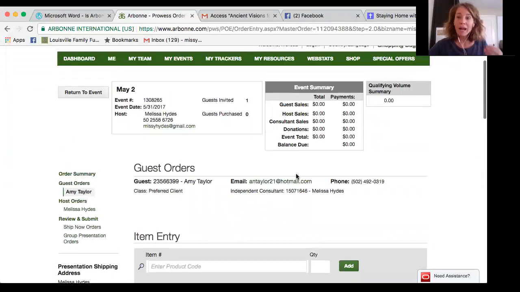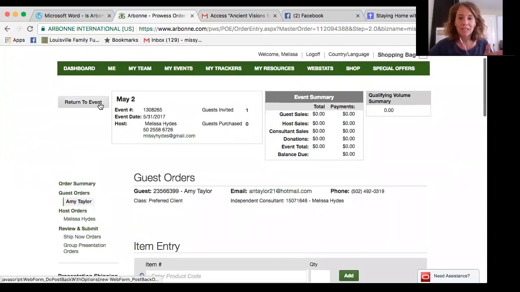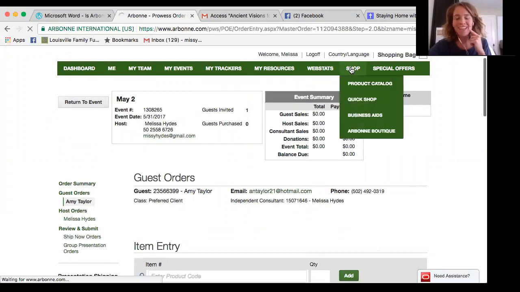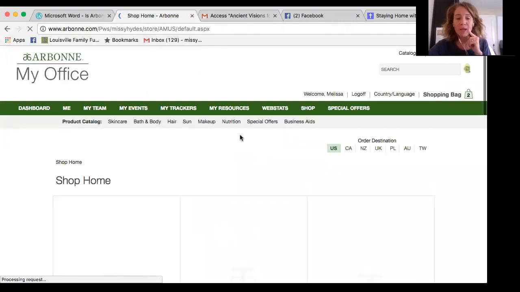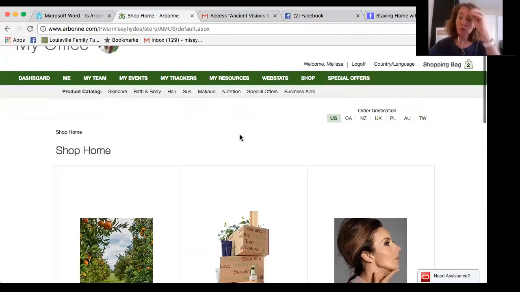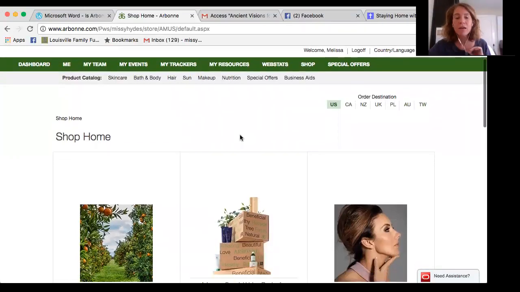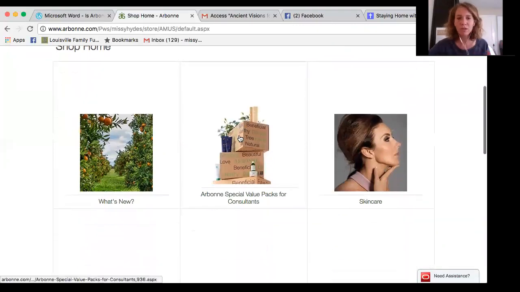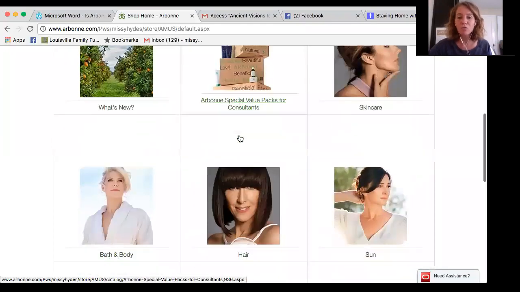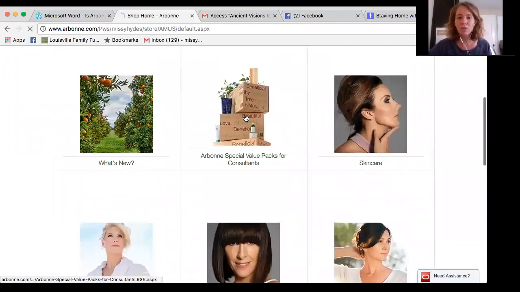And why this is important to get this set up is so that when people, let's go to shop, when people go to your website and they want to shop, there is an option for them to connect up to either your event or connect up to maybe a host. So if you have a host lined up for maybe a week from now, you can go ahead and set up her party, just keep it really simple, but they can go to the website and say they want to go to the website and